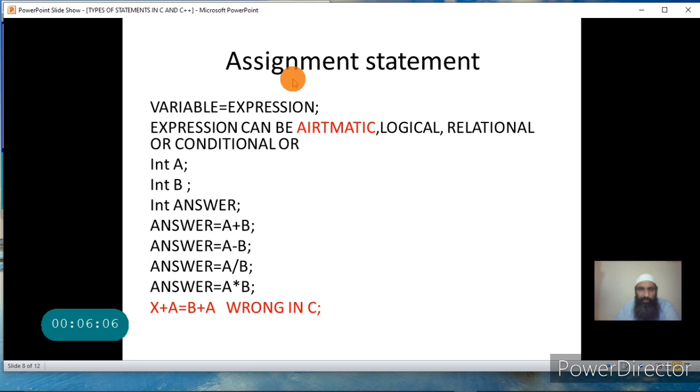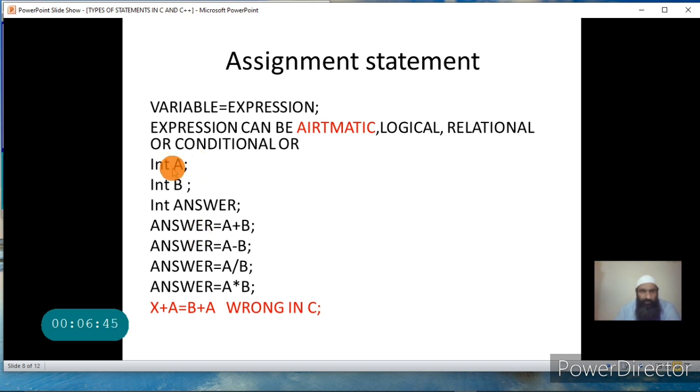Next is the second form of the assignment statement, that is variable name equal to expression. Again, the variable should first be created, that is, there should be some location which we have named using a declarative statement, and then we can assign the expression into that variable. This is the second form. Now the expression can be arithmetic, logical, relational, or conditional. Now what do you mean by arithmetic or any other expression? There are different types of expression, but we will be focusing mainly on arithmetic expressions. I will tell you about arithmetic expressions once I read out these steps.